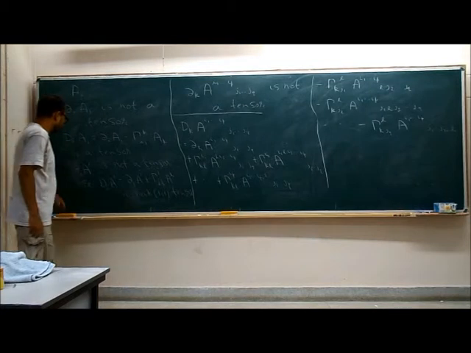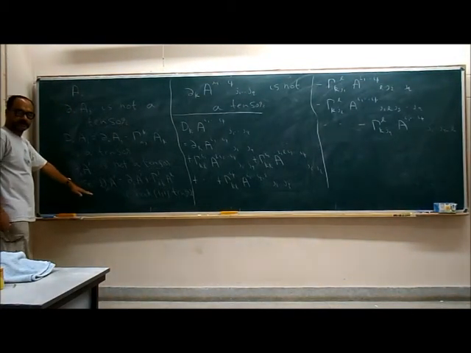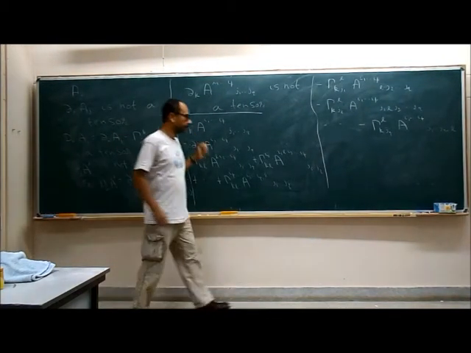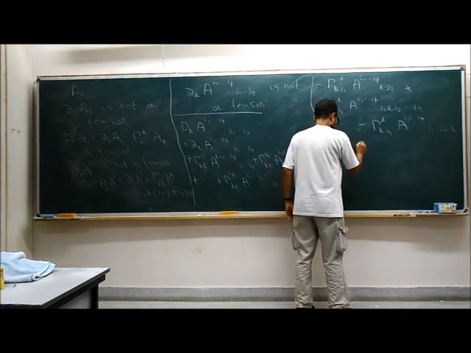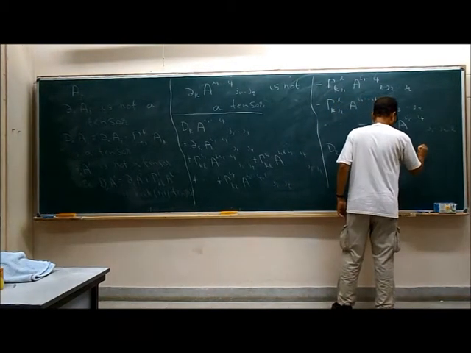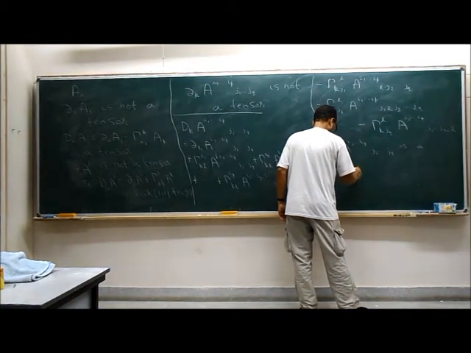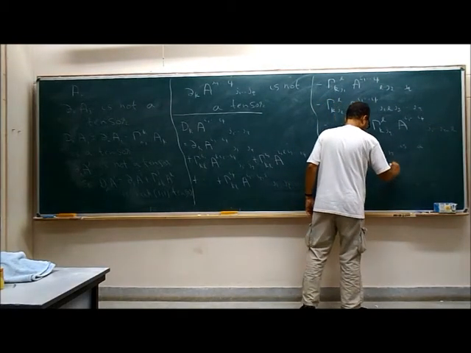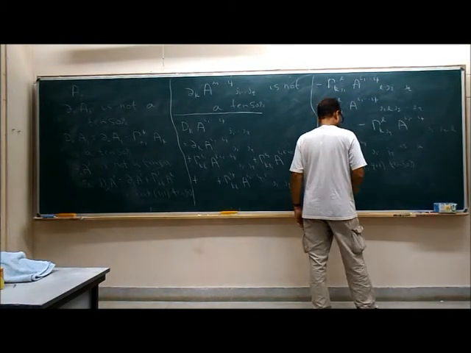And the idea is that once you have shown these two, that this is a tensor and this is a tensor, it's more or less straightforward to check that this also transforms as a tensor. So D_k of the tensor with indices I1 to IP, J1 to JQ is a rank P, Q plus 1 tensor. So I'll leave it as an exercise.